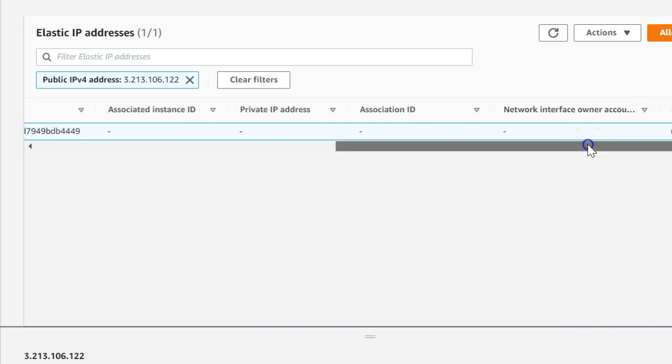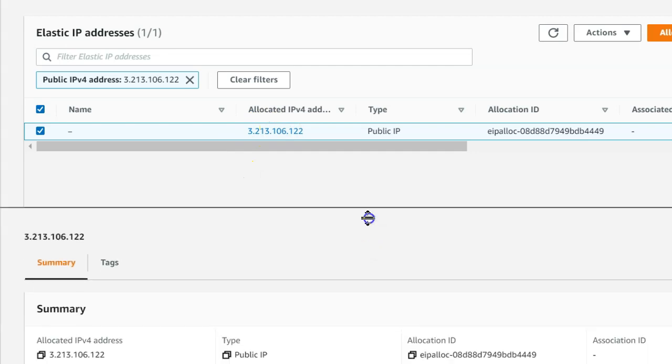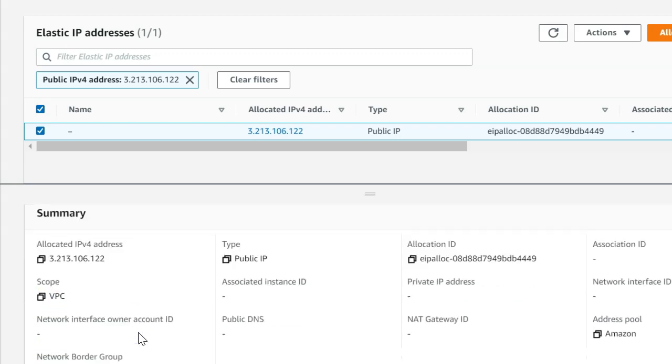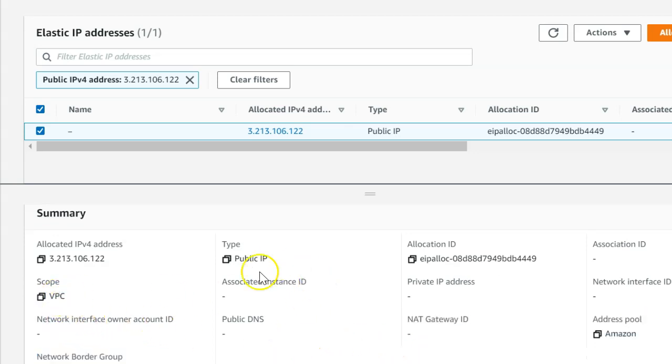So this is in your US East 1 region, and this is my public elastic IP address: 3.12.106.122, scope VPC. The association ID and network interface ID show it's not associated right now.